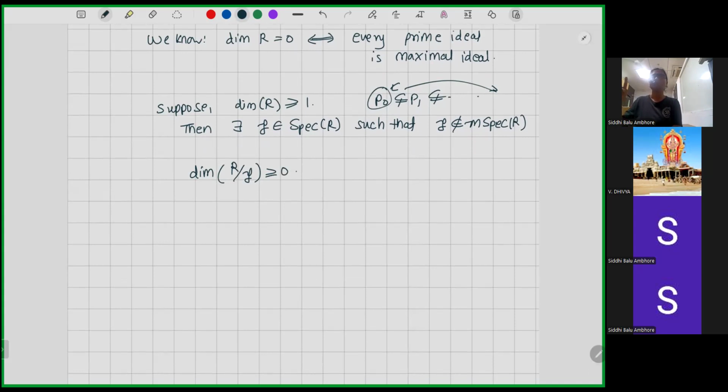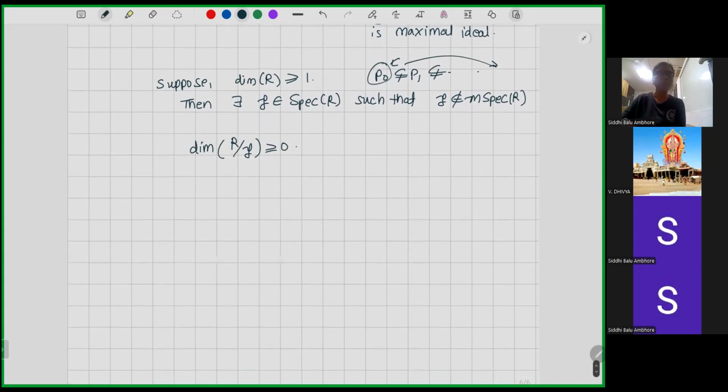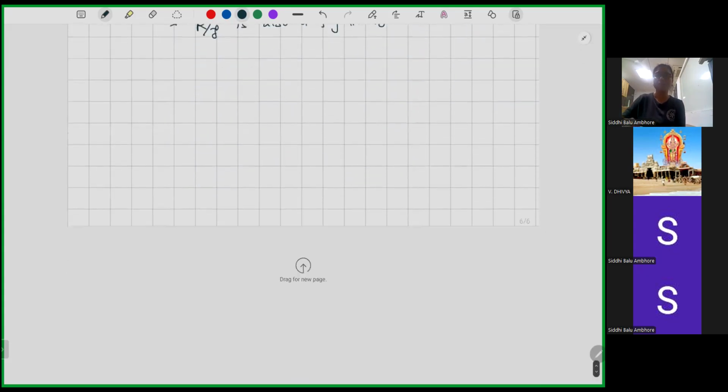So its dimension will still be some non-zero number, and this R mod P is also a finitely generated K-algebra, because we are quotienting by some ideal. Once we have a finitely generated K-algebra, its quotient is also a finitely generated K-algebra. Okay,